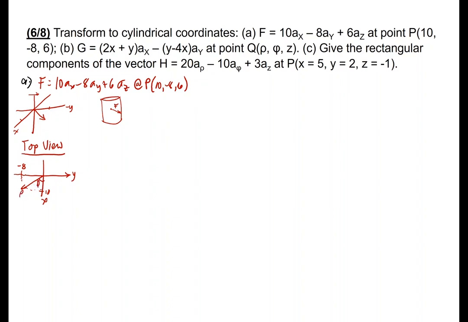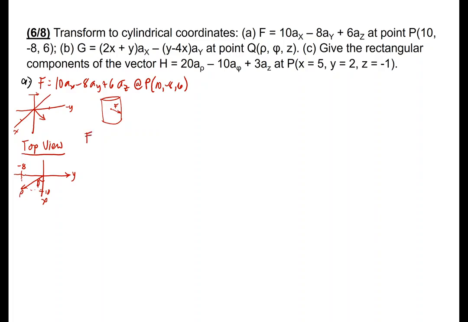So there are two ways to solve this. First, rho is, we know it's like the Cartesian Pythagorean theorem, no? So we can directly take the square root of x squared plus y squared, which is the square root of 10 squared plus negative 8 squared. But this one is a bit challenging because this is not the proper way of doing this. You might be tempted to do that, but the best way to do this is